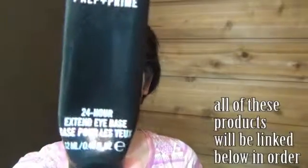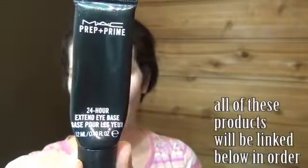Okay guys, I'm starting out with my 24-hour extended eye base from MAC. You guys know I use this one a lot and I really like it, so I'm just going to use that all over my eyelids. The only drawback of this eye primer, it's such a good eye primer from MAC, is you always squeeze too much out, and so I like the NARS applicator better, where you can just put it on. This one you always squeeze too much out, so I don't love the applicator,